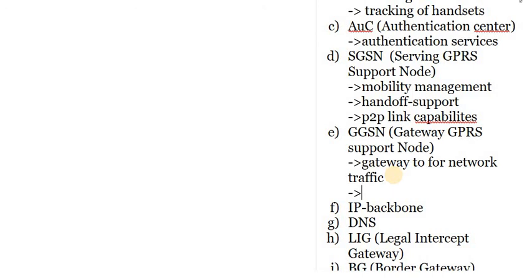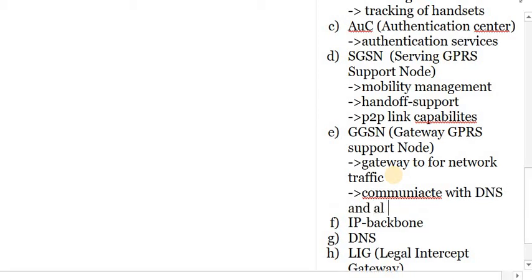Now another functionality provided by the Gateway GPRS Supporting Node is to establish the communication between the two networks. In order to convert the private network into the public part, it has to communicate with the DNS and allocate IP addresses.